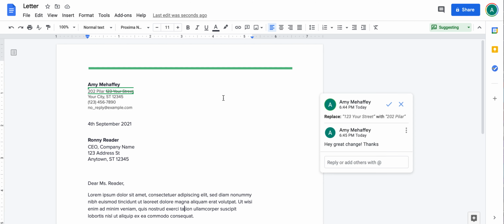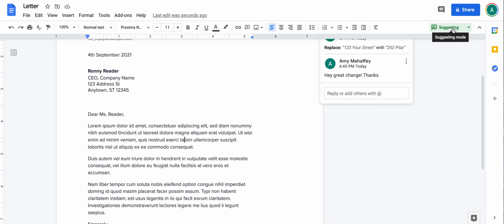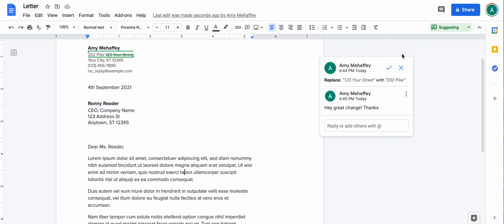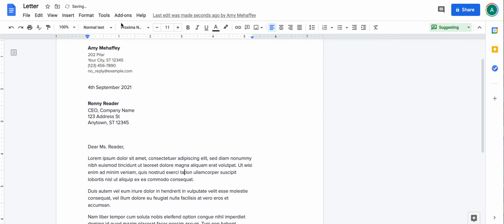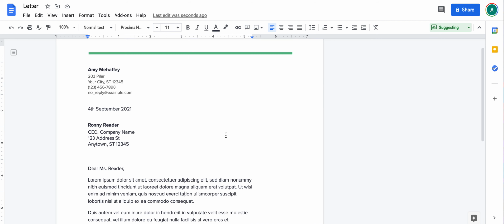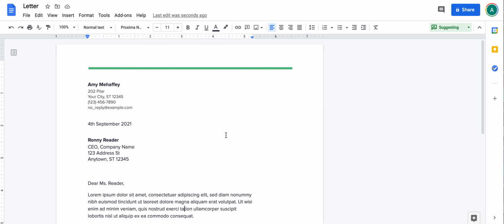When you're done with the document and you share it with somebody else, they can see these updates happening in suggesting mode in real time. And they can go through and X, or if you check it, then it accepts the change and removes whatever you asked it to remove. So pretty cool thing. I hope you learned a little bit, and you can use this week in your case